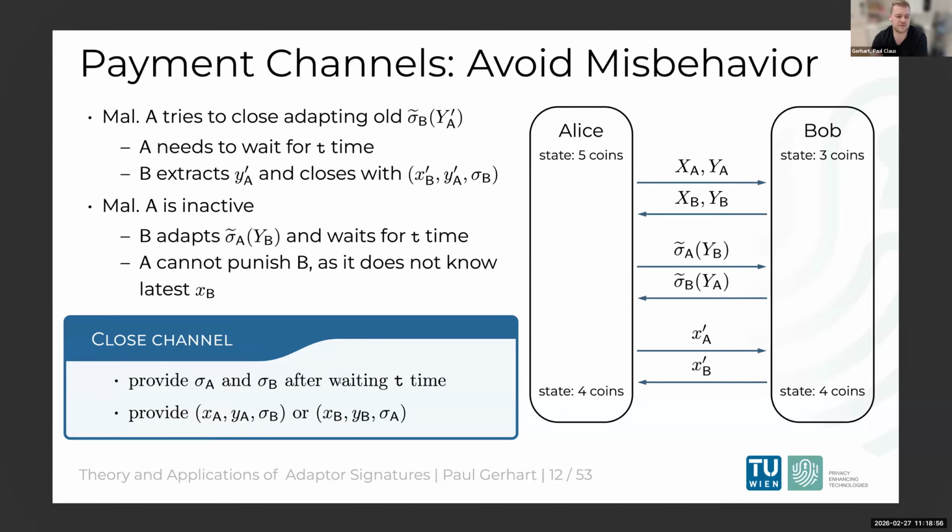Okay, so remember how to close a channel: either both signatures, or witnesses and a signature of the other party. So imagine Alice wants to try to close on an old channel state. Remember, she had 5 coins before, now she has only 4 coins, and she's like, okay, let's close back there. To close there, she needs to provide a signature of Alice and Bob. So what she simply can do is she signs on her own. Then she adapts an old pre-signature of Bob, which is a way to obtain a signature. And then she can post,